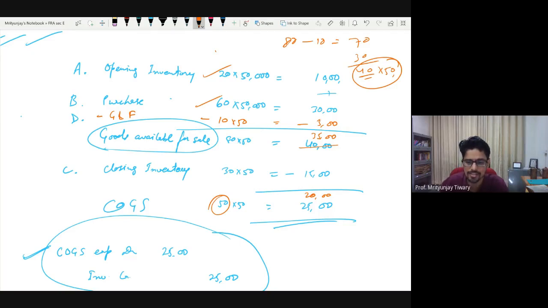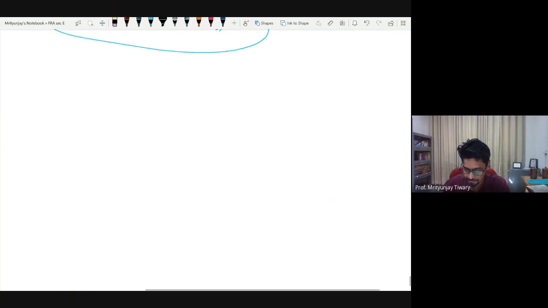So whatever is the reason for any other increase or reduction in the inventory, you need to adjust for that also. Let's say somebody has donated 2 pieces of inventory. Somebody donated 2 chairs to you. So add that, because of that your inventory will go up. So add that here. That's all I was saying.